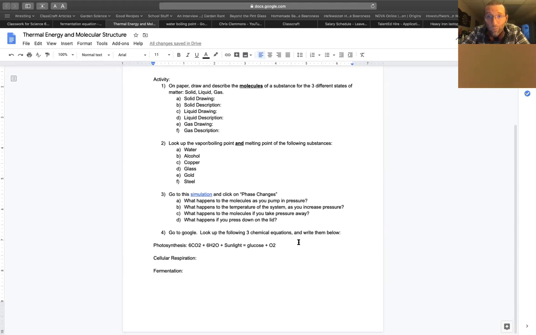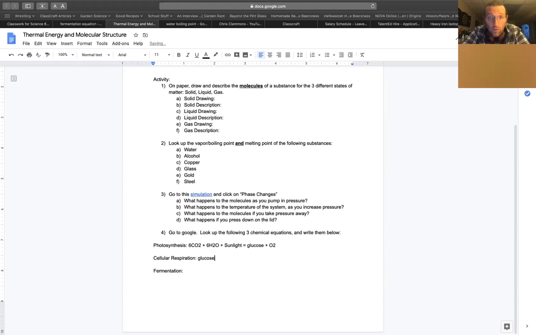Without it, nothing that you know of exists right now. Not the wood that makes up your table or your house. None of the food, none of the animals that are on planet Earth right now and none of the plants would exist without this equation. So it's the most important equation in the known universe, as far as we're concerned, as life forms here on Earth. So, okay, so then, well, what is cellular respiration?